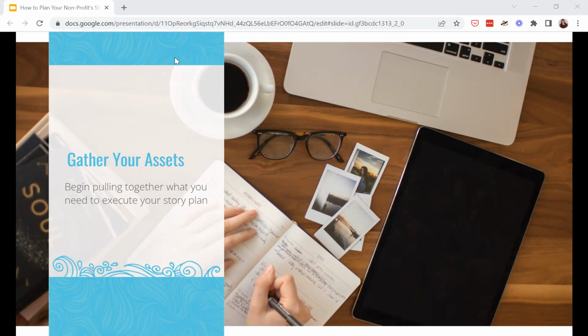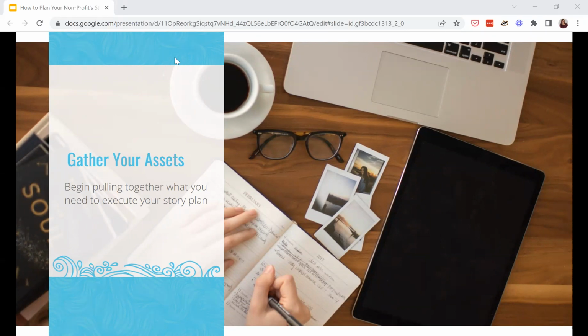So for example, if I know that I need a couple of photos for that program participant story we talked about, I might write something on my project plan like email or call the program participant, see if they have photos already that they like that they can send to us, or talk to them about setting up a little photo shoot where we can grab a couple of headshots.